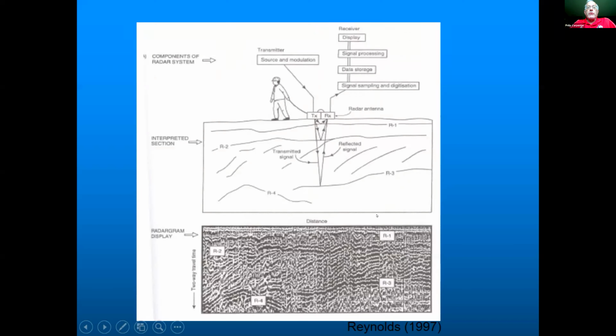So again, this is an idea of what it's doing. You've got a transmitter, receiver. You basically drag it across the ground, or you move it manually. It sends a signal down into the ground, bounces off layers. So these are radio waves, essentially going down into the ground, bouncing off different layers. And you'll typically see something like this on the bottom. This is actually a very old radargram. Nowadays, things are much cleaner than this, but you'll see layers. And again, at the top, you see the air wave and the ground wave, although it's not very clear in this example.